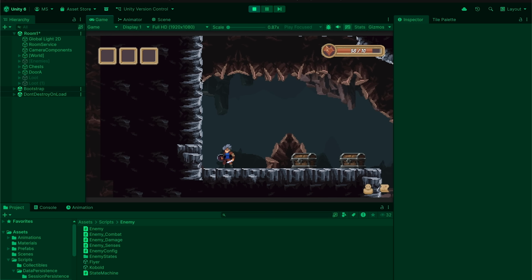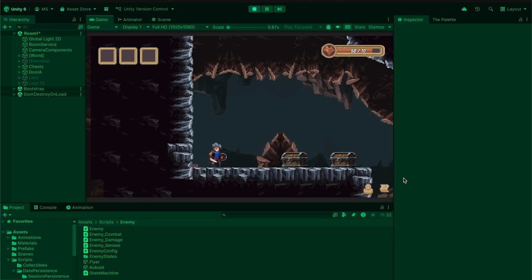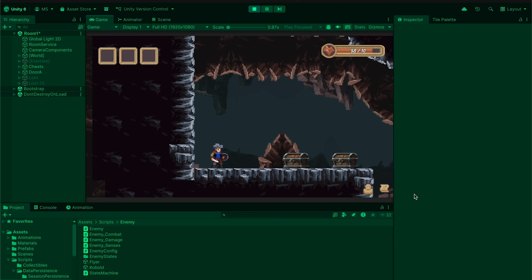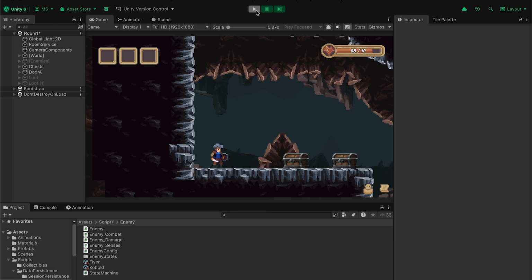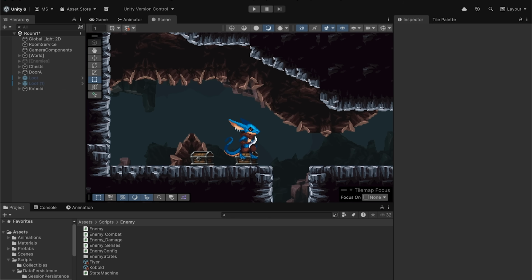Now then, when I stop, restart the game, you'll notice that the enemy is no longer there. There was a little flicker, but don't worry about that. That's the sort of thing we cover up with a loading fade in later on. Now that we've got our enemies working, we essentially want to use the exact same pattern for our chests and